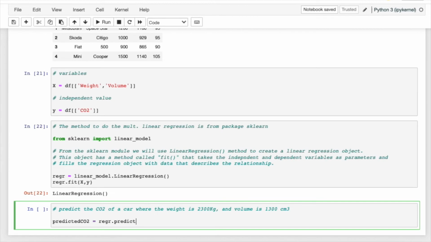Now please pay attention. First you put round brackets because we are calling a function which is predict, and then we need to put the parameters which are a list. That's why you put twice square brackets. Okay,